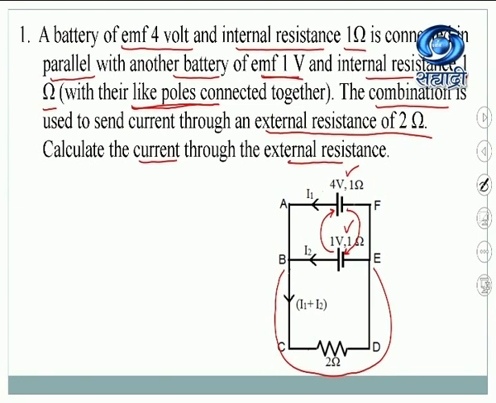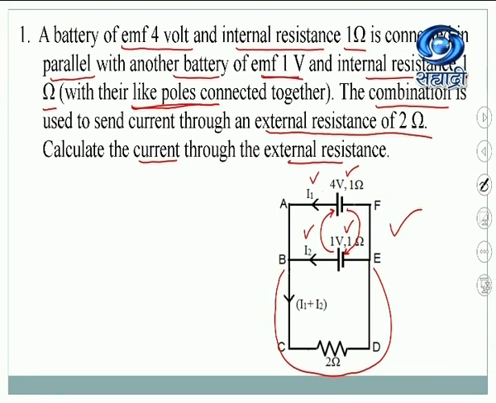Now if we see this diagram, actually in the exam you will not get the diagram at all. You will get just the statement. From that statement you have to draw this diagram. Drawing the diagram is not much difficult. The important part is how to show the currents in the circuit. This is very important, remember.